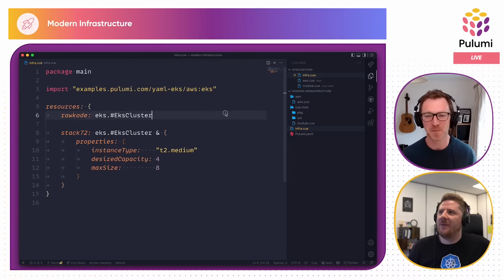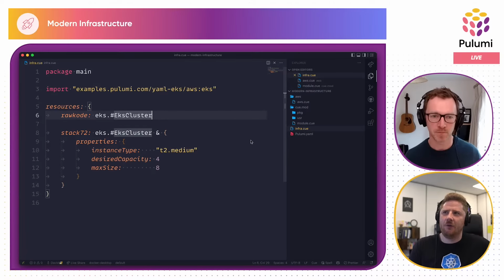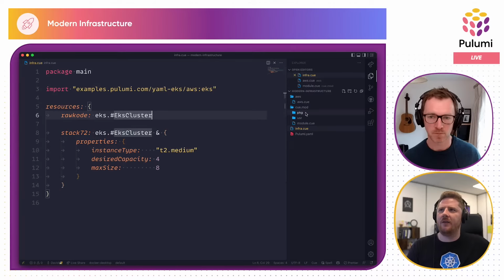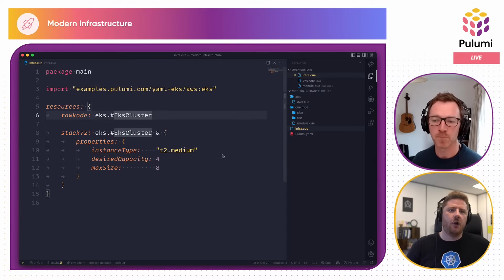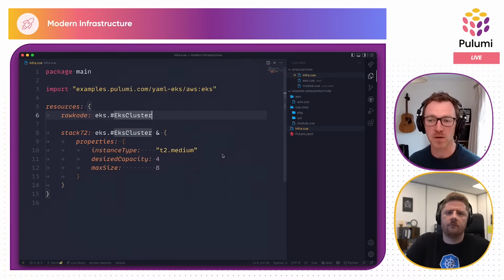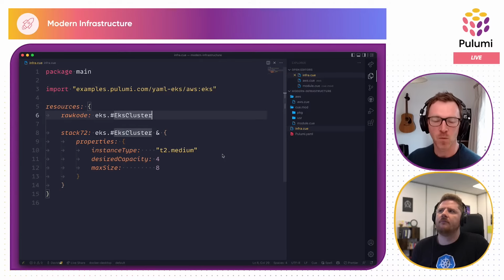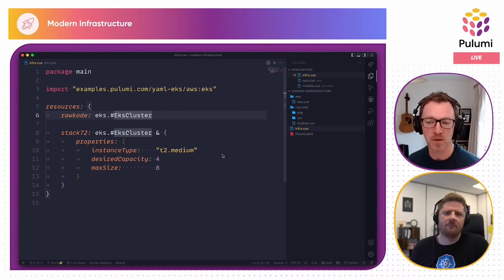All right. And for people that want to be able to reuse these things in lieu of the Q package manager right now, I believe the easiest way for them to do that is just to have a repository that can be cloned to the package directory that has all of their common definitions. Yeah, and then that resolution happens within the PKG directory. It's almost like a Go vendor, like vendoring your code into the PKG directory. The resolution happens following a directory structure that matches the module and package path at that point.